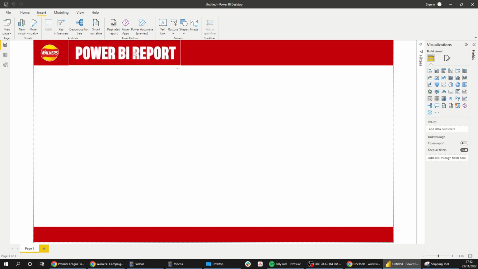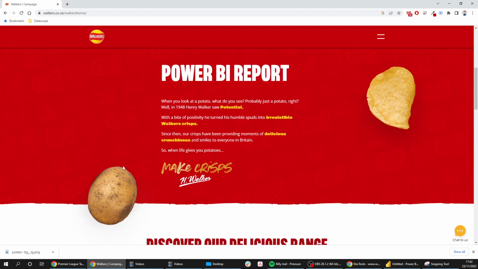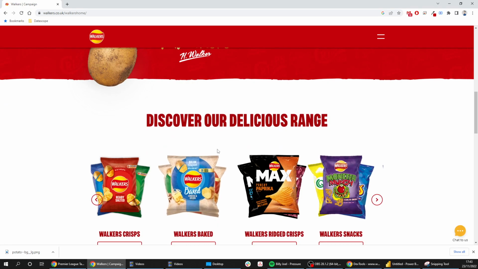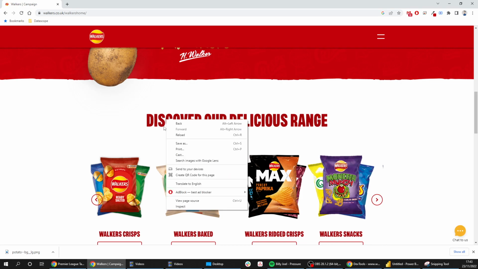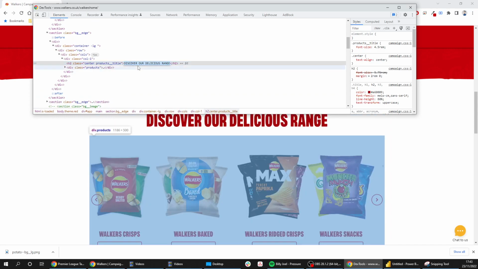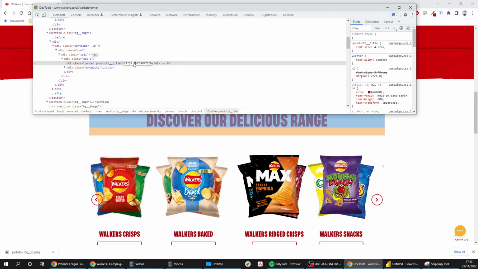So that looks pretty good. Again, we're on brand. We're consistent with the design on the main website. I know it doesn't have that up here, but we could add it in as a main body. In fact, let's do that as an option as well. So I'm going to right click on discover our delicious range, click on inspect. I'm going to change this to crisp information. Call it report